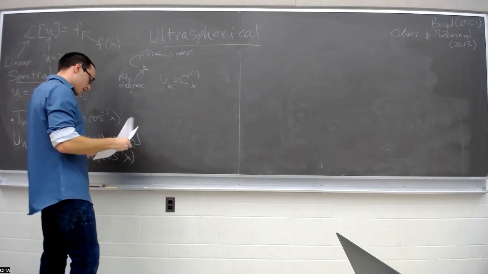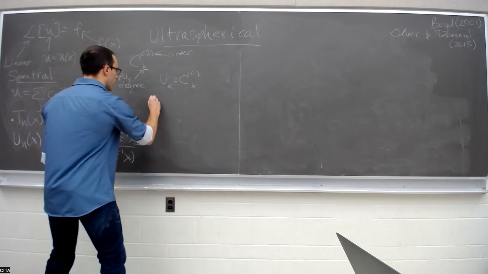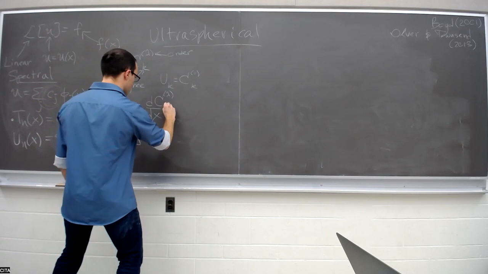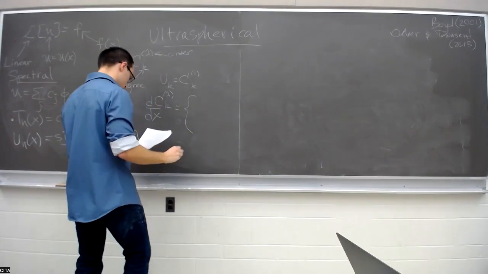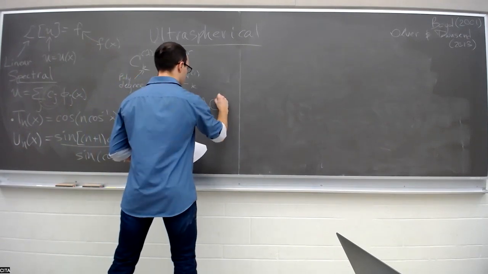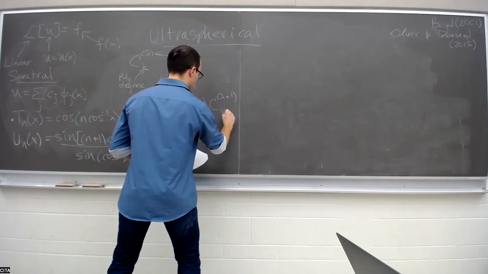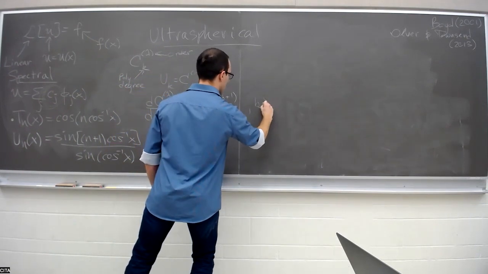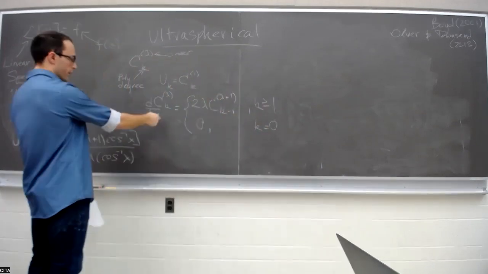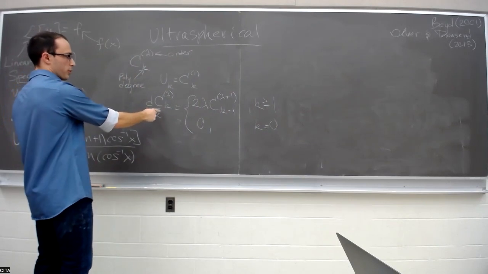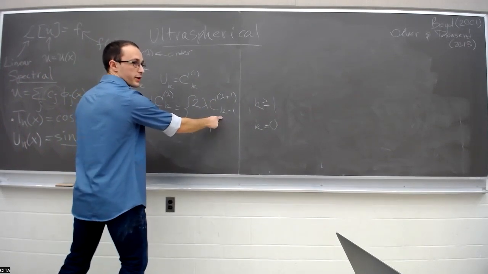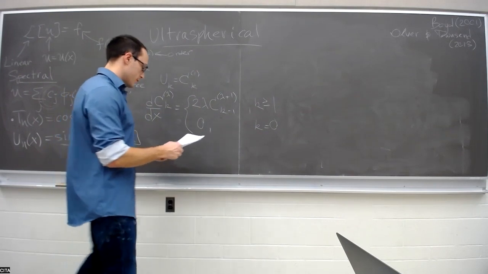So you can write that as: we have a direct relationship between the derivatives of each of these Gegenbauer polynomials and the next set of polynomials, but with degree again shifted by one. So this is a very similar recursion relation. So this means that if we have